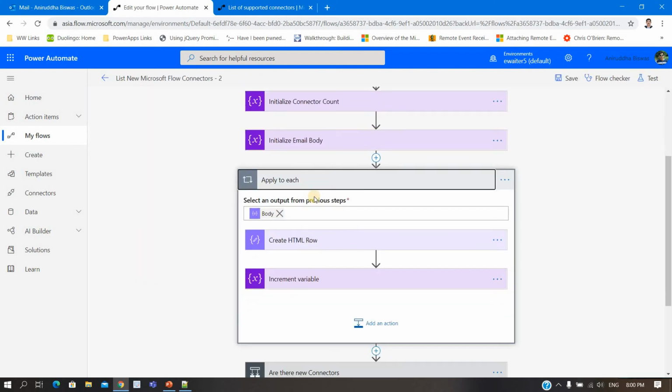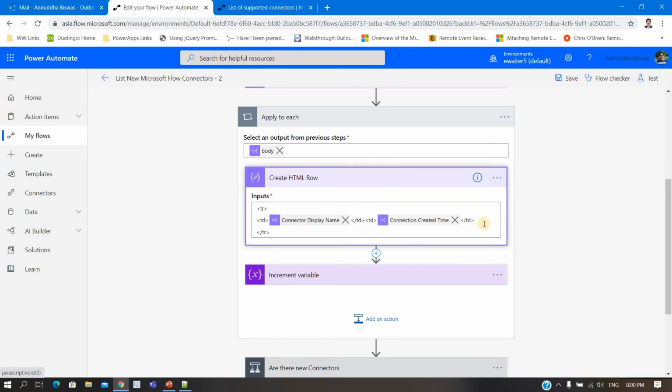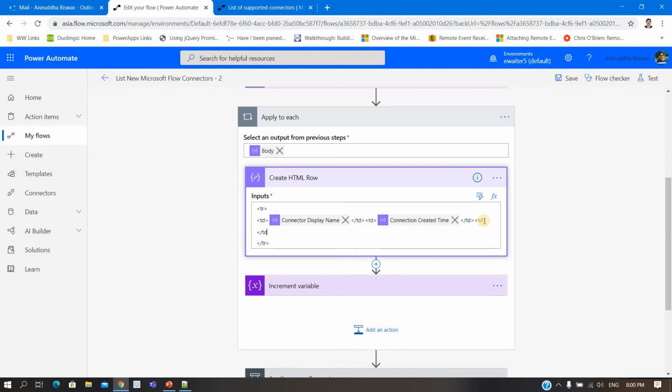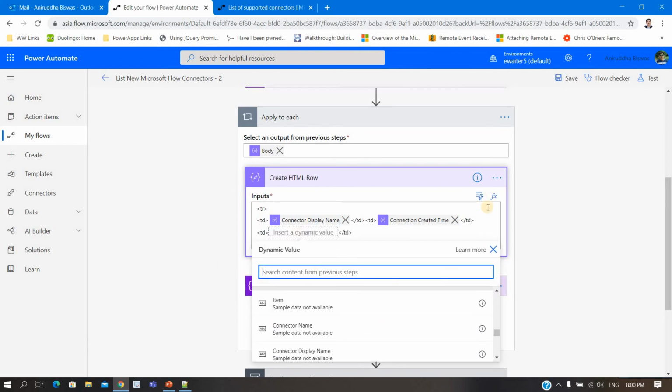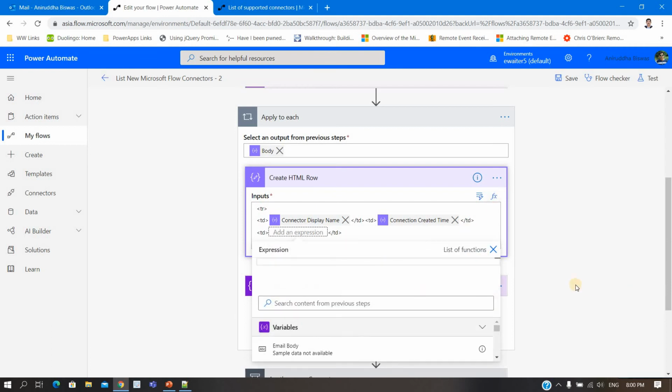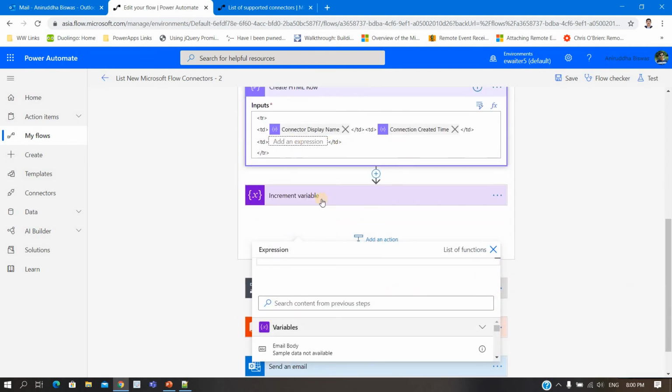Now what I will do is create this HTML row. In this row I will create another TD. In this TD I'll write the expression. You can find that expression from here. If you mouse over, you can see items, then apply to each, then properties, then question mark, then display name.